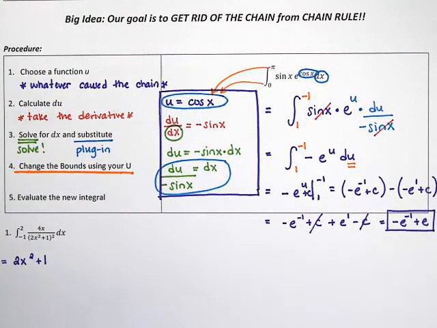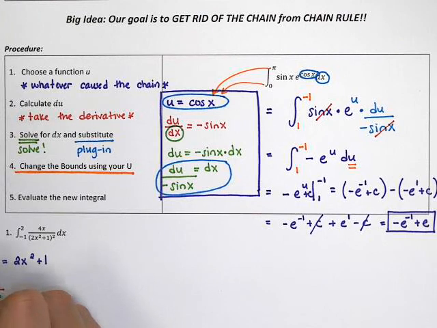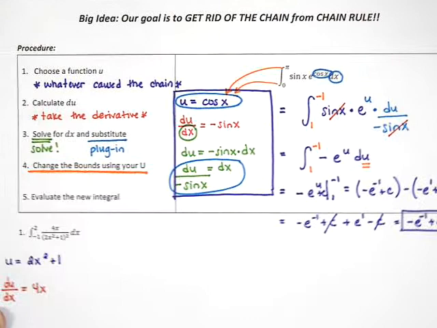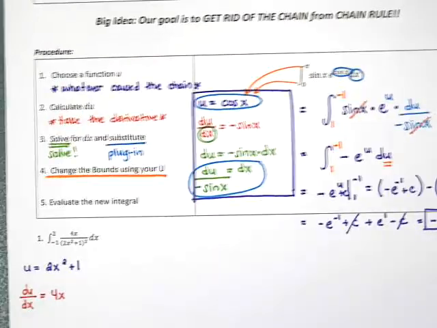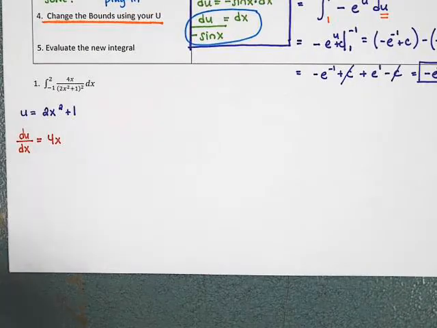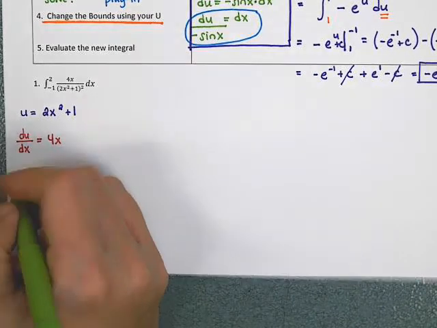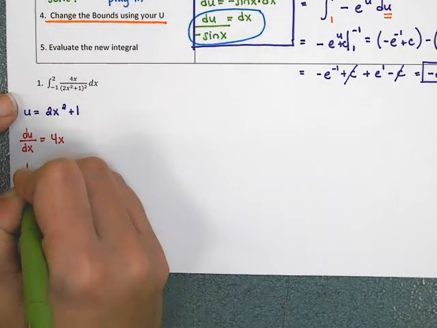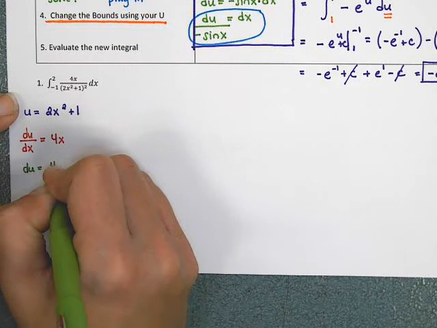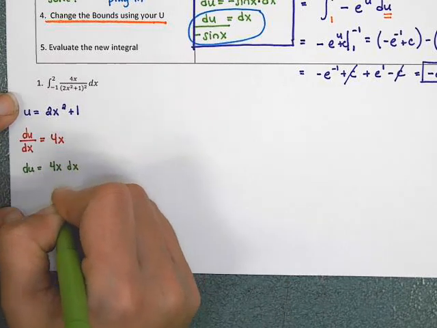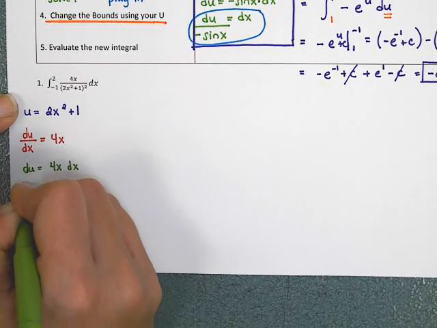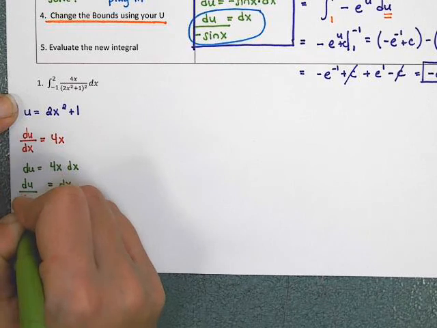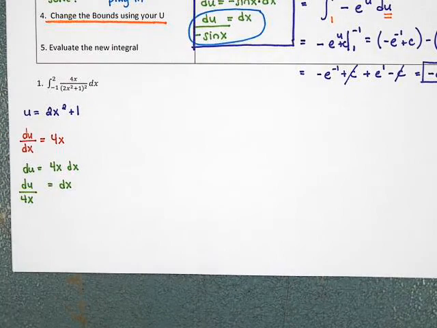Now du is the next thing I need to figure out. So du over dx is 4x. Then I need to solve and get du by itself. So I'm going to multiply by the dx, and I'm going to divide by the 4x. And all of this is going to be on the side